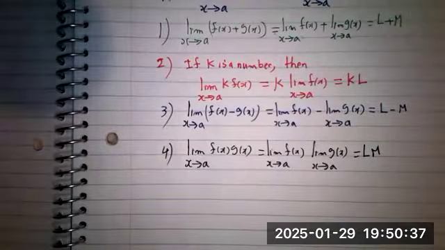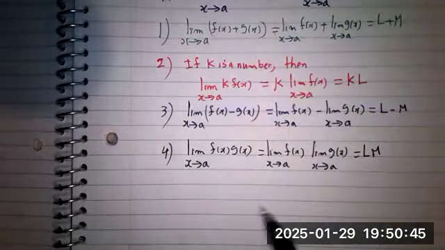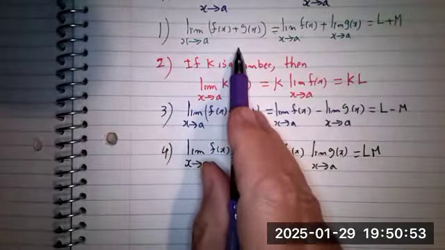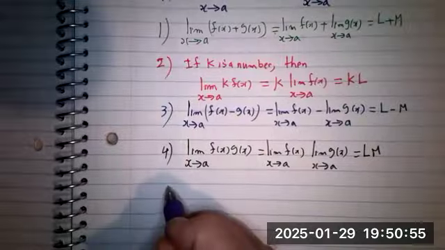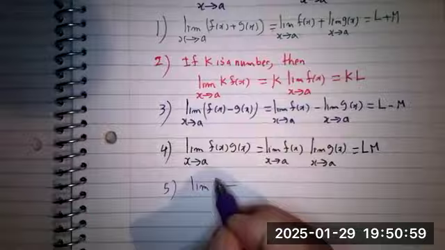So again, that makes it easy for you. You can break it into parts. Okay, all of them are natural. Naturally, this is what you expect to get. So that's the product, the difference, the sum. Next one is the quotient. If you want to find the limit of a quotient of two functions,